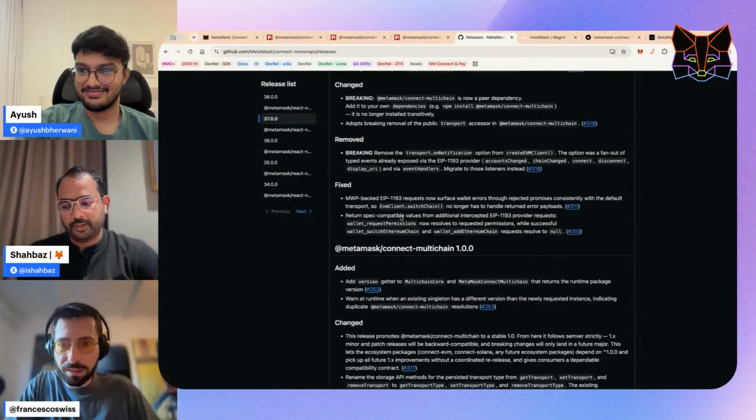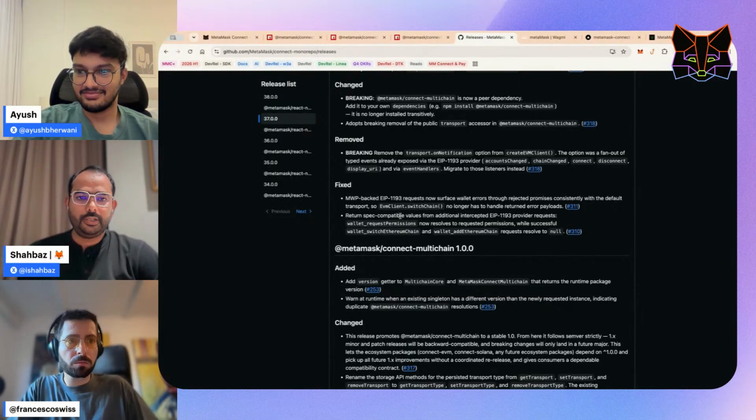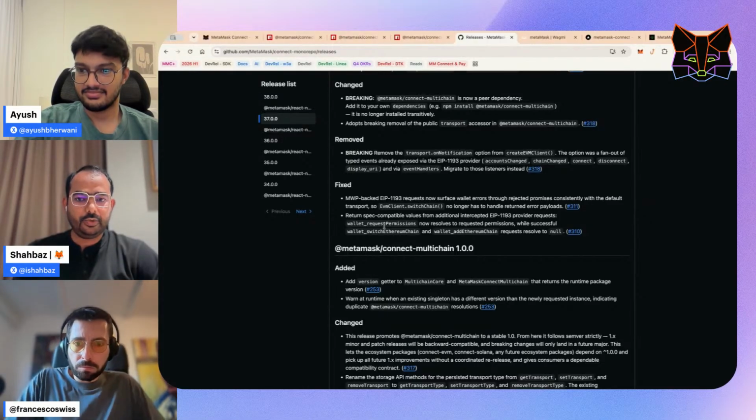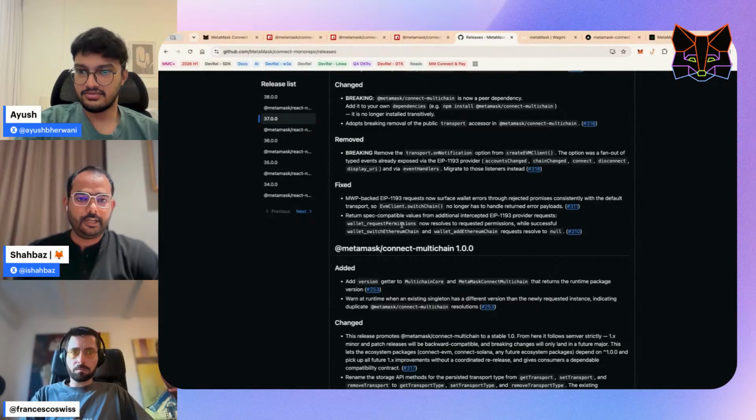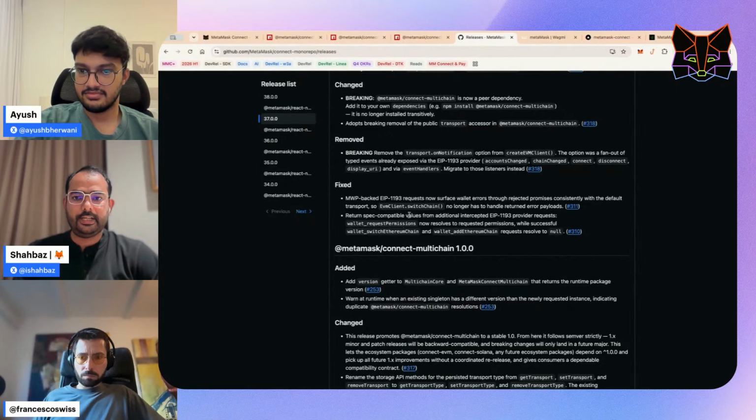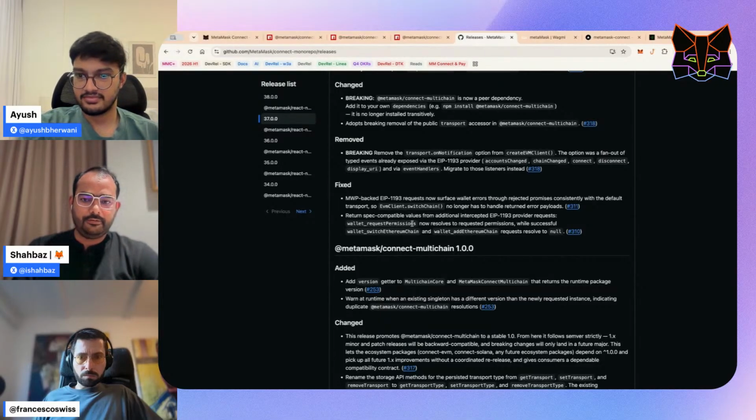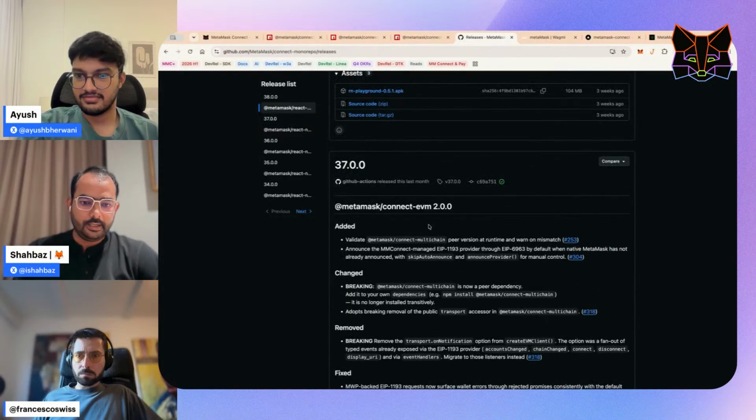It's more that if you have to request some specific APIs to do it with delegations, you would have to request some permissions from the wallet, which was not previously compatible with the multi-chain layer, which has a very strict subset of what you can request from the functions. But thanks to Ayush for flagging it internally, we added this in this version.